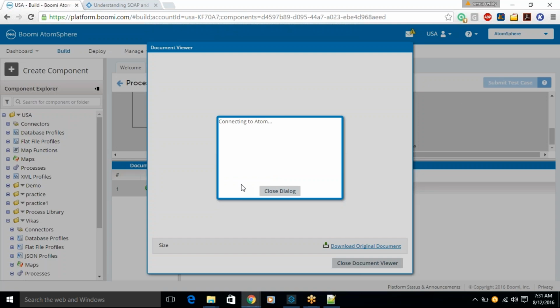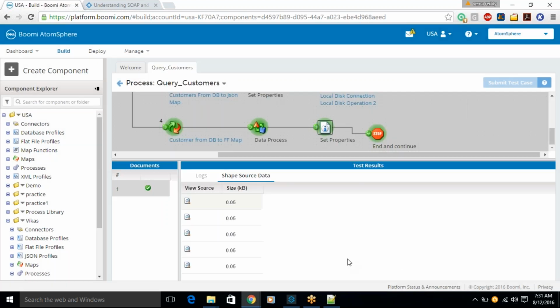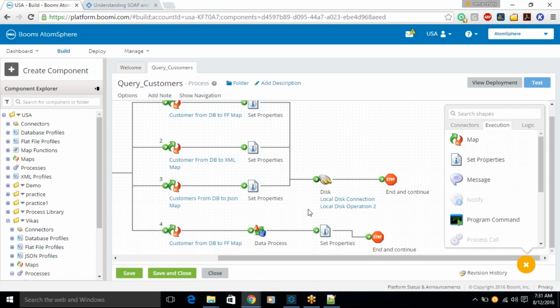Then why can't we store the cust ID? As part of my flat file profile configuration, I have mentioned that my data would also have the column headers. Since this one did not have column headers, the first document, whatever entry was coming, it considered as a column header. Since there is no data row here, it is saying null value. If you just change this behavior,